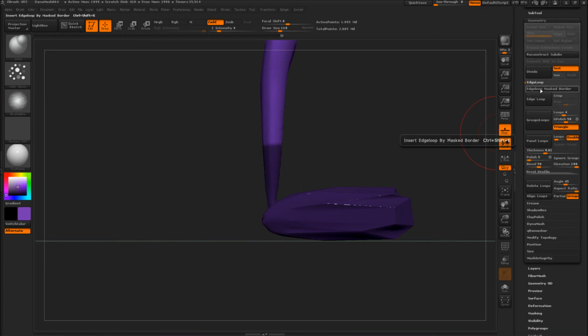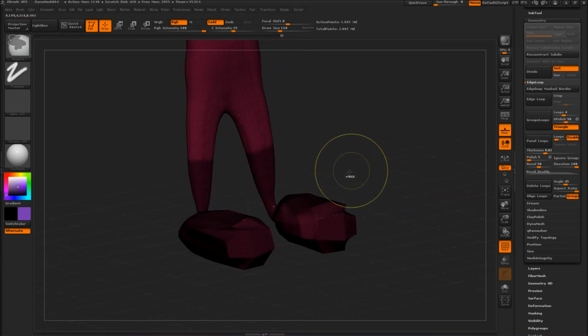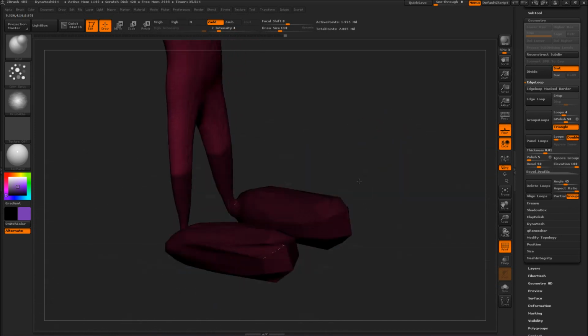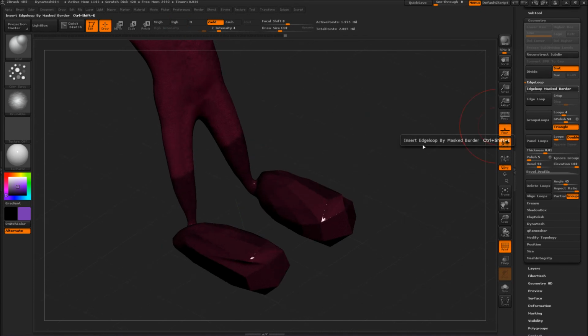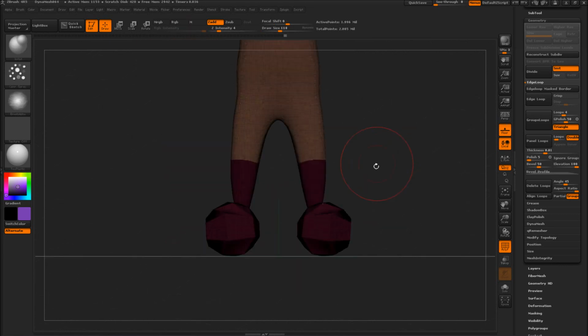Control V. Yeah, that wasn't selected for some reason. Okay, so edge loop. Okay. Nice. I've got those selected. Now I can group loops to smooth these edges out a little. Nice. Okay. Now I can select, turn that off, deselect, and then select the boots, changing their color